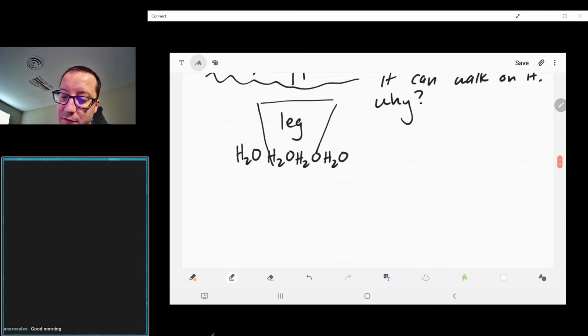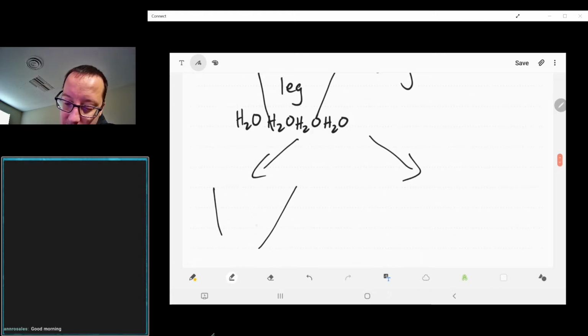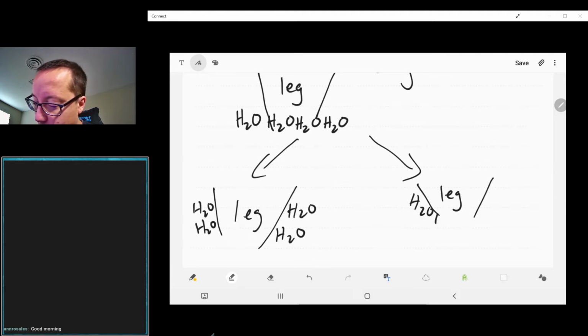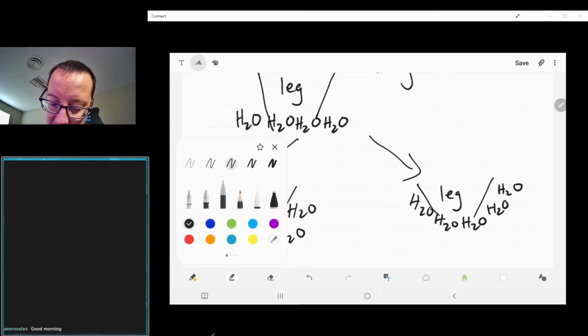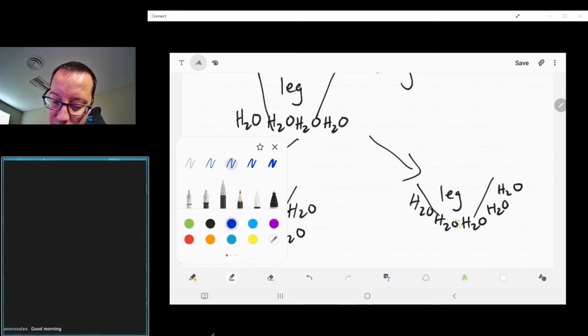What's going to happen is you have 2 options. You can have that leg go right through, or what you can have happen is that those water molecules will actually not break their forces, and they're going to hold together, creating a place for that leg to stand on. So because those water molecules are so attracted to each other,